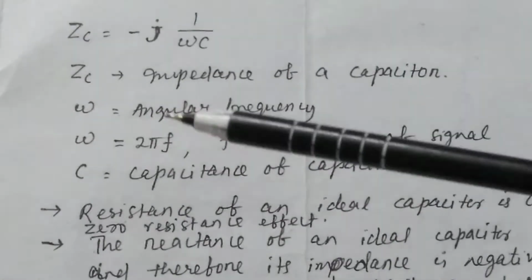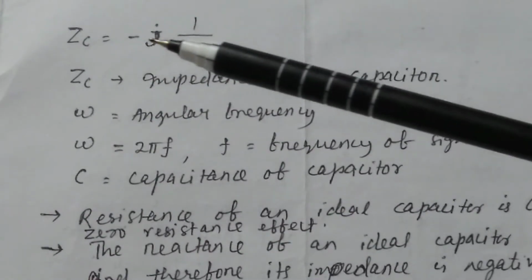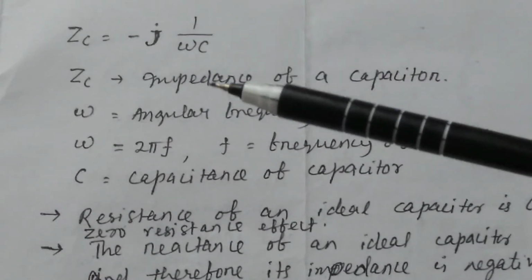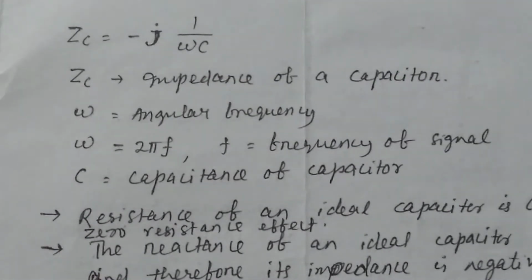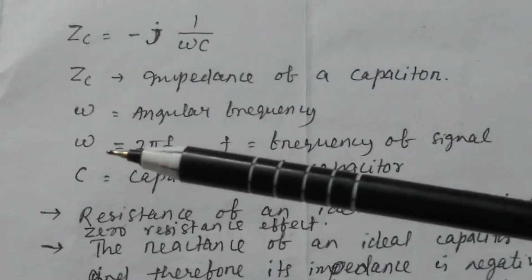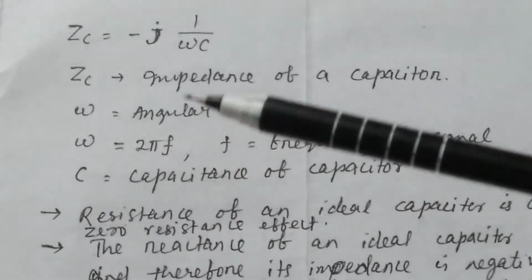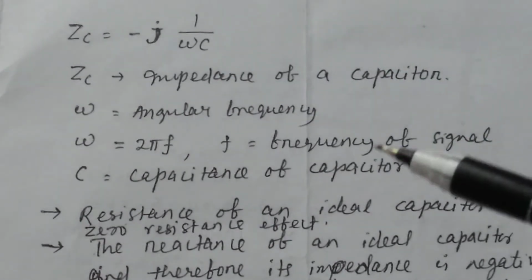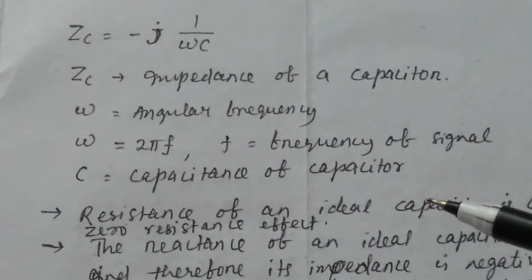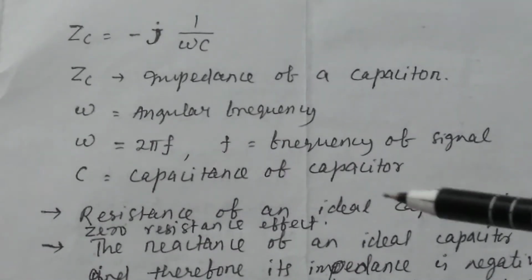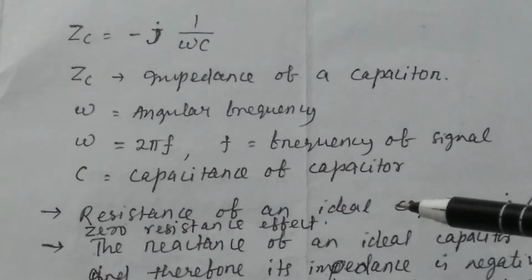The impedance of the capacitor, we represent it as ZC, is equal to minus j into 1 by omega C. Omega is called the angular frequency, and f is called the linear frequency, because omega is equal to 2 pi f, and C is called the capacitance of the capacitor. And remember, the resistance of an ideal capacitor is 0. For a capacitor, there is no resistance,